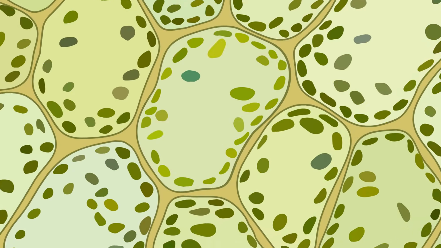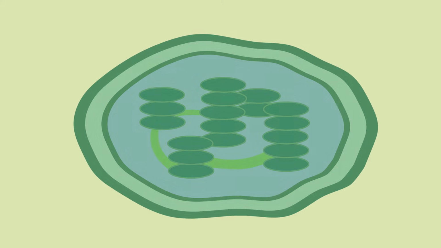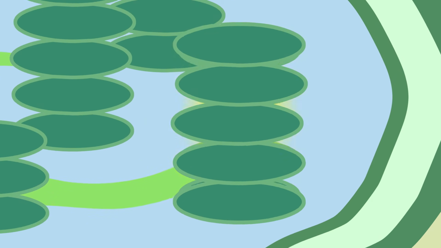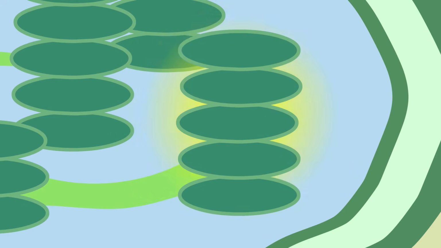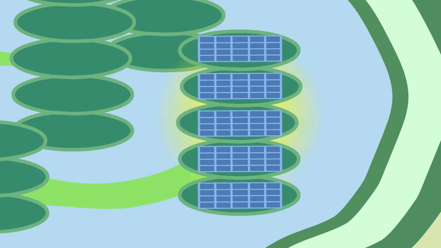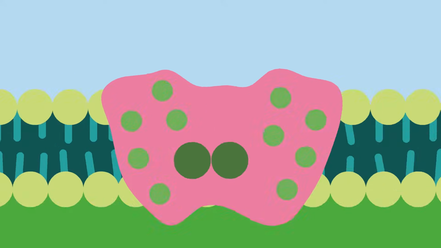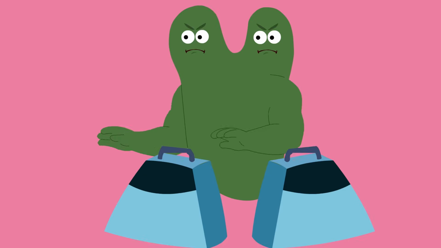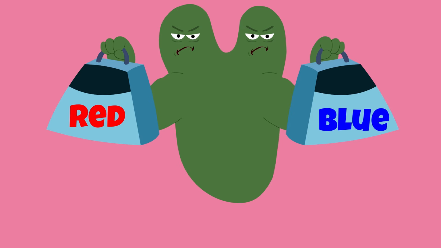The area in the chloroplast that generates the energy for the machines is the thylakoid. Thylakoids are those green discs stacked one on top of the other in a tower shape. These thylakoids are like the plant's personal solar panels. In the thylakoid's membranes, there are many pigments that absorb the energy of light at different wavelengths. The most important of these is chlorophyll A, which absorbs light in the red and blue region of the visible